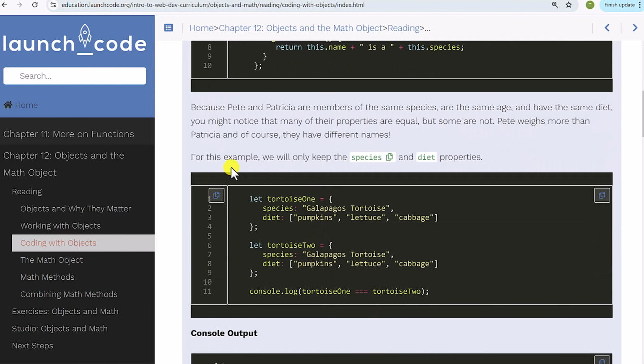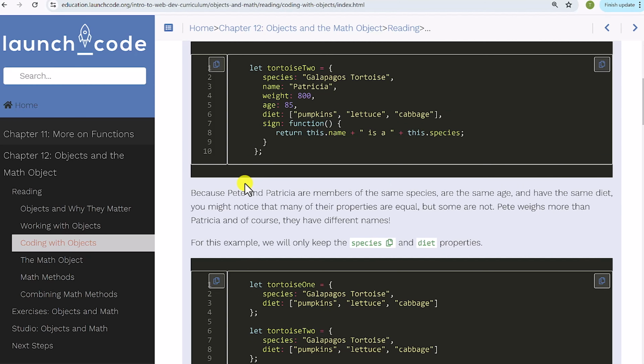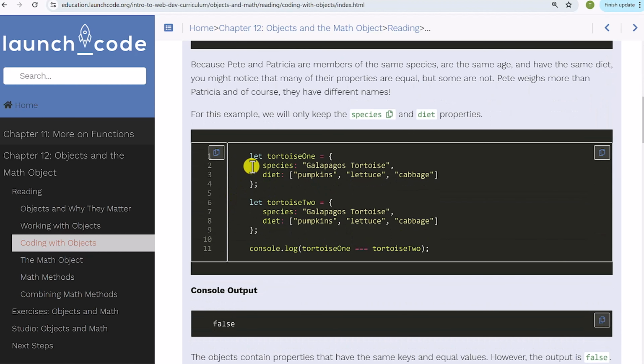So in your mind, by looking at it, we know they're two different tortoises, but how does that work in programming? Here, if we create let tortoise1 and tortoise2, and we give them the exact same keys and the exact same values,